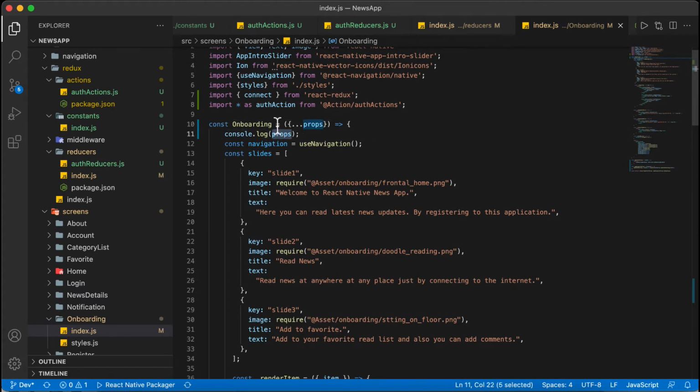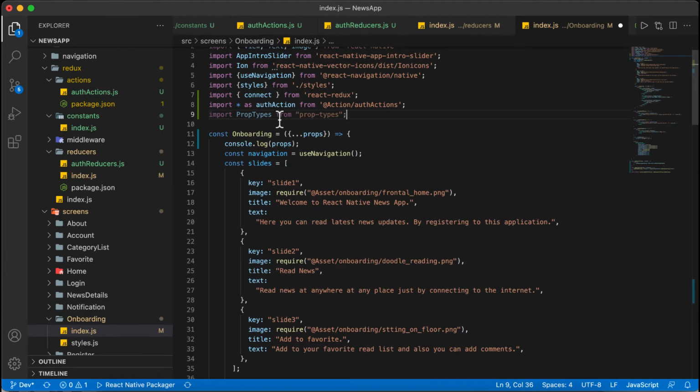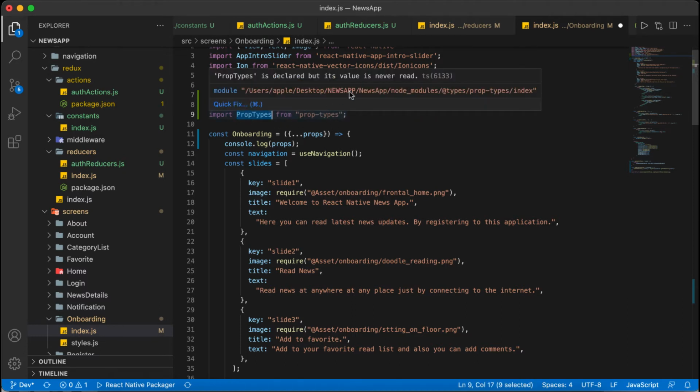Before accessing the props data, let us do some validation with the props. It is the best option to validate the prop types that are coming. You can see that I have imported PropTypes from prop-types, which is present in React Native. You don't need any packages.